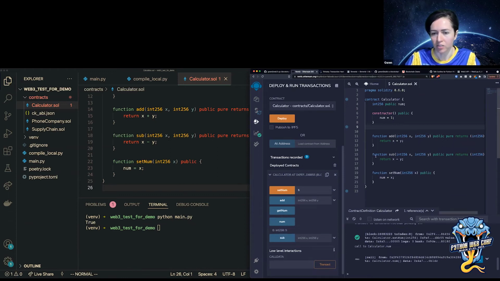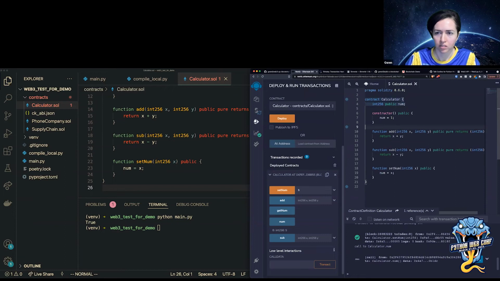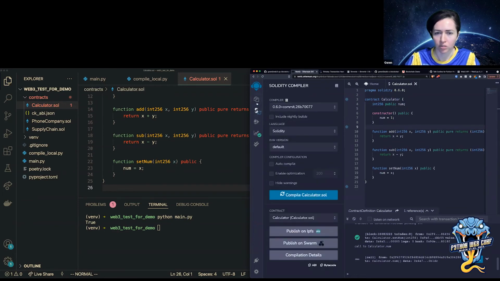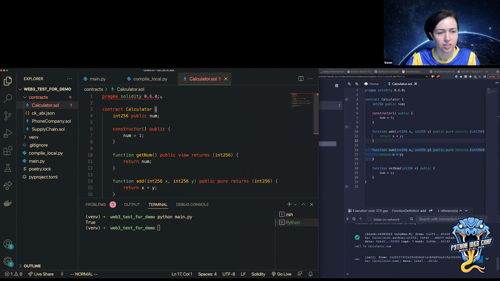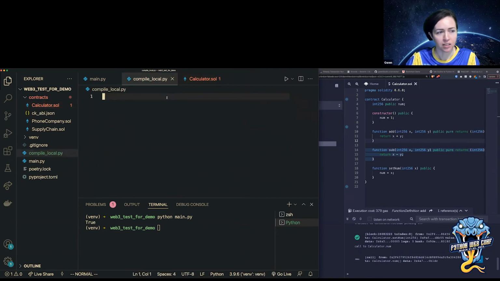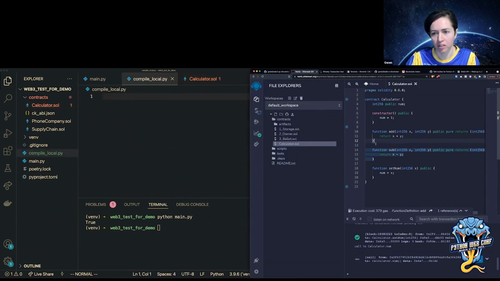And then I can interact with any of these other contracts. So I'm going to go back to the local environment here and try to compile a contract and deploy it in the same way with Web3.